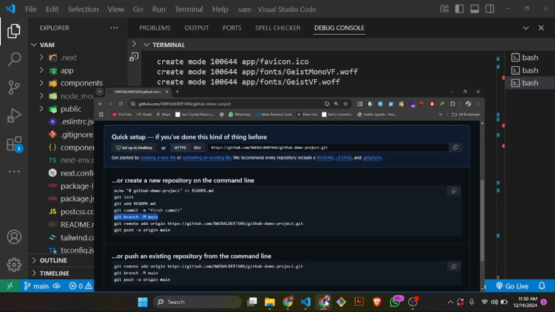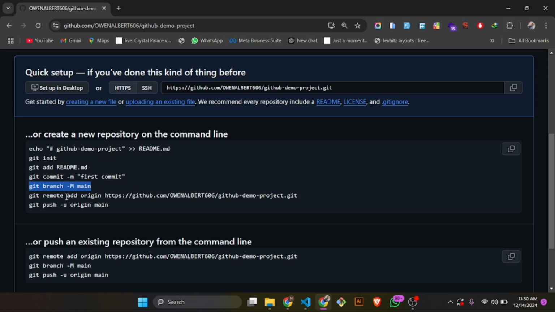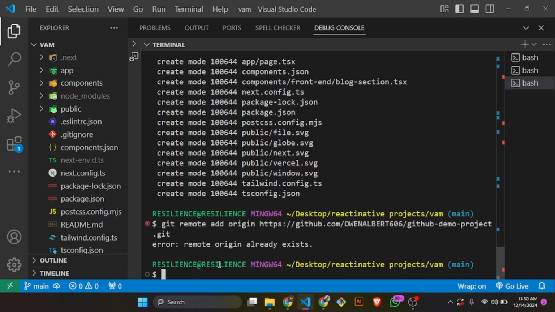I suppose we are already on the main, right? If you're not yet on the main, you must run that command, and then I will add remote. Okay, remote already exists, so we did this up there, but in case you haven't, you proceed with that,